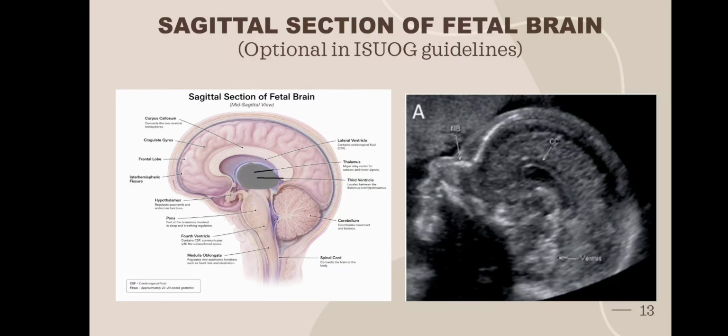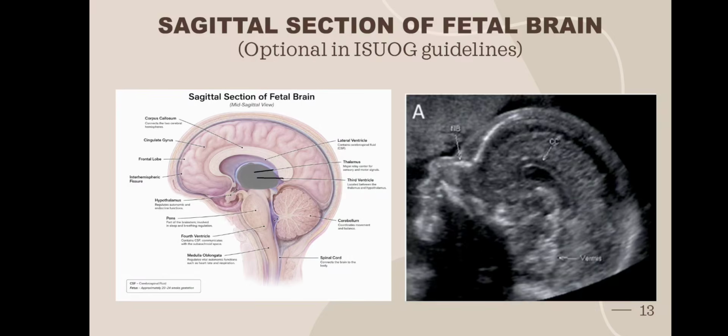Complete agenesis is better than partial agenesis of corpus callosum. Here the curved corpus callosum is shown above the lateral ventricle in the sagittal section of the brain. See, above the lateral ventricle you are getting the curved shaped corpus callosum, and below the lateral ventricles you are getting